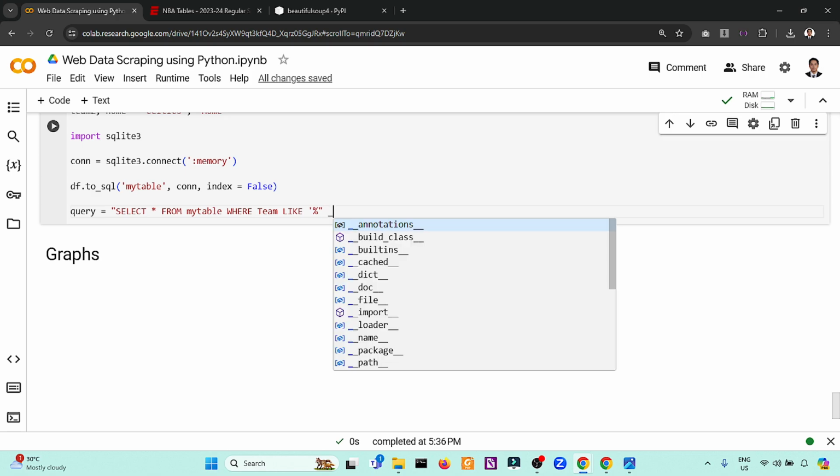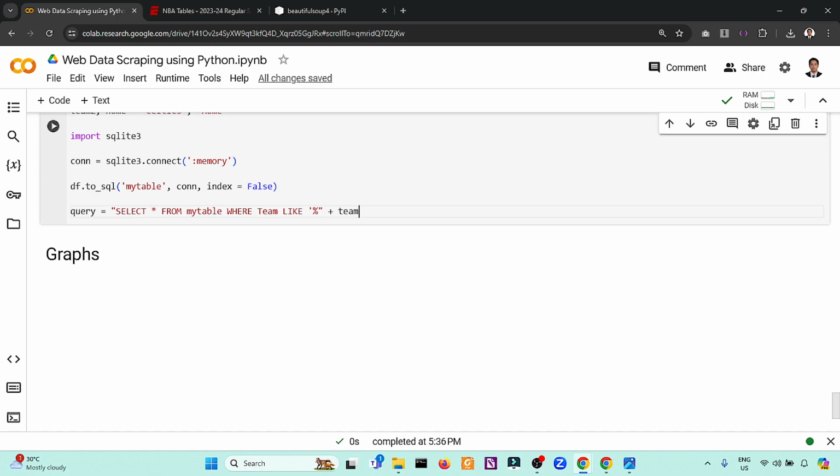For example, let's start with team number 2 plus a wildcard here. So this one is the percentage. Okay, it means that from team 1 or team 2, we have two.